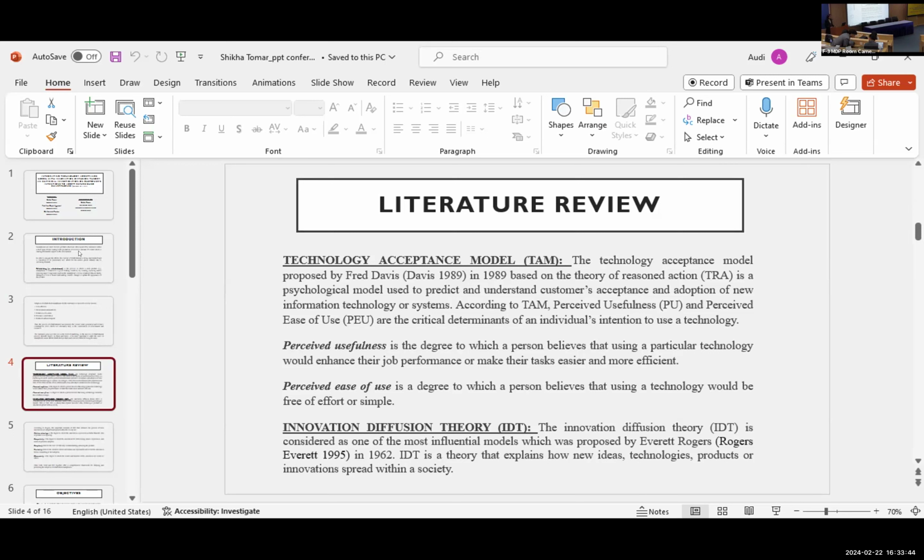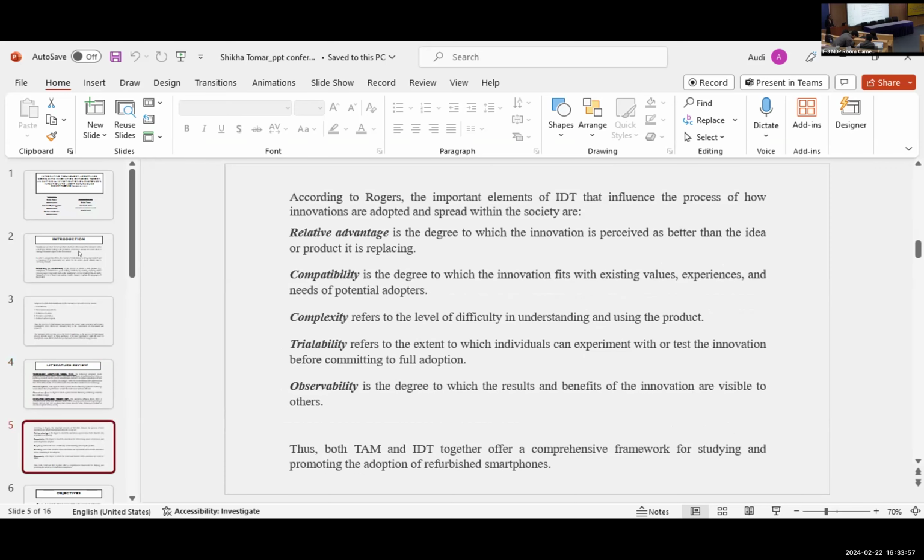Next, we have innovation diffusion theory, which was proposed by Everett Rogers in 1962. And it is a theory which explains how new ideas, innovations, or products spread within a society. And there are 5 important elements of IDT, which are relative advantage, compatibility, complexity, trialability, and observability. So we can say that both TAM and IDT offer a comprehensive framework for studying and promoting the adoption